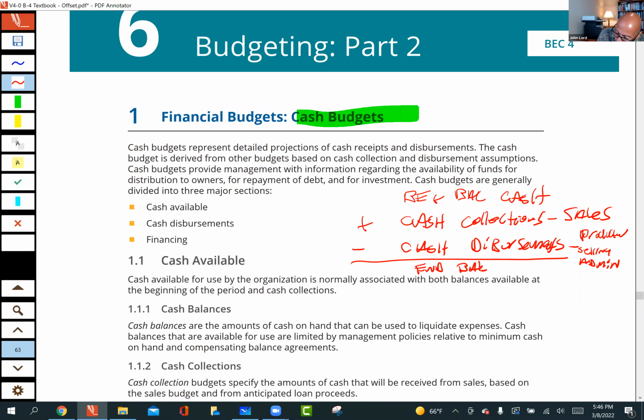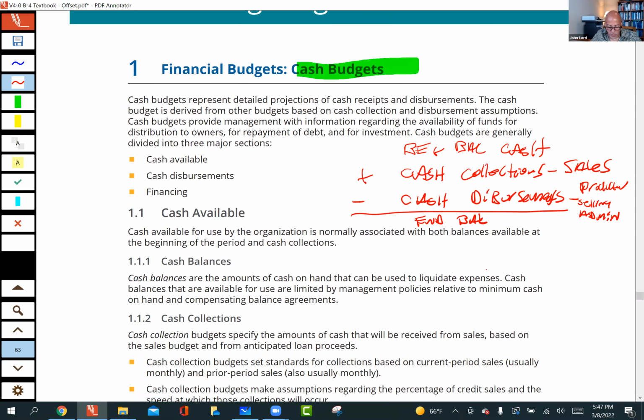Okay, and if that number is negative, then we're going to have to consider some financing, or it could be positive. Let's say the ending balance is 30,000, but they say we want to have a $50,000 balance at the end of each month to start the next month. Then you have financing for that month of what? What did I say? 30,000, and they want to have 50,000 at the end. So they'd have to borrow what? 20,000, right? To end up with a $50,000 balance.